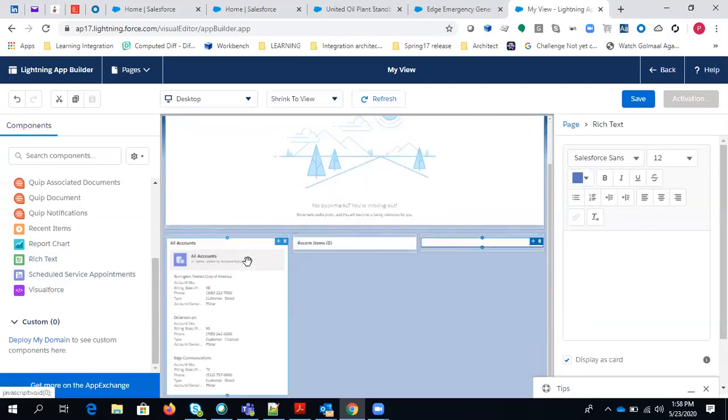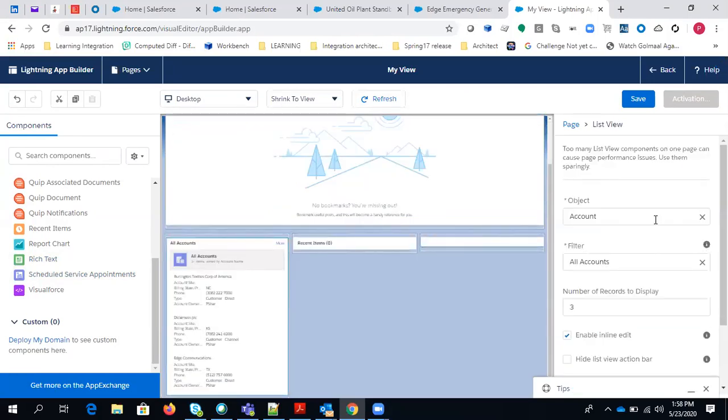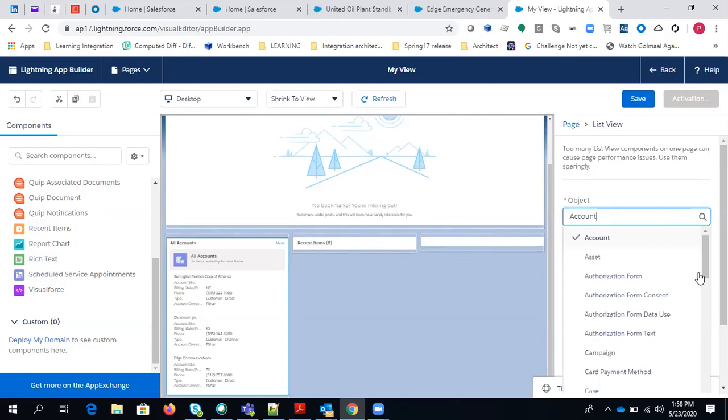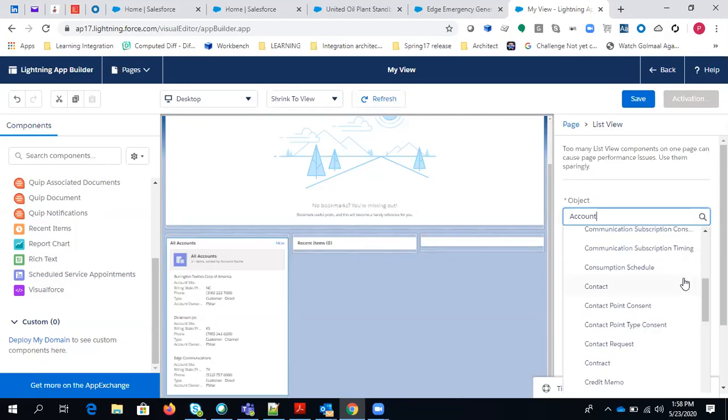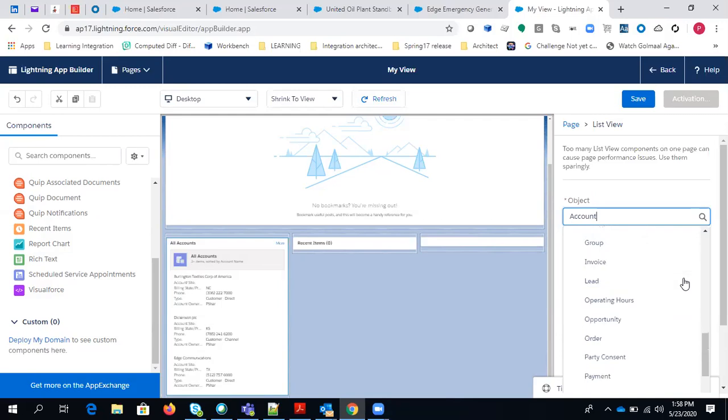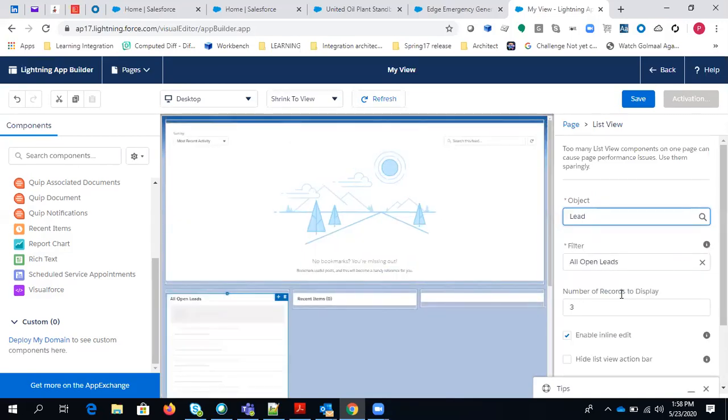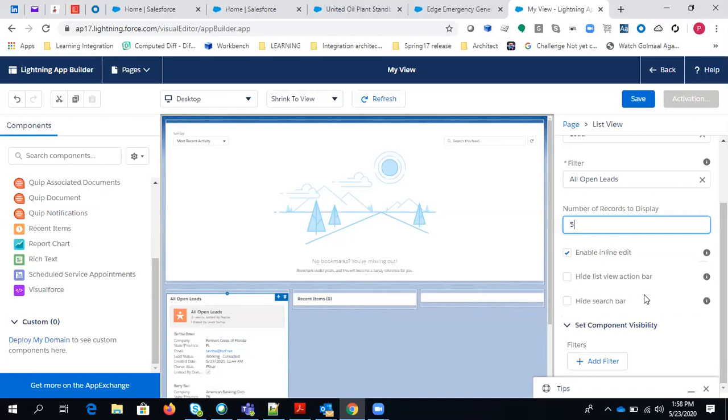Okay, so here in the list view, you can select, let's say, another object. Let's say right now I just want to show the lead information, and the number of records I just want to make it 5. Inline editing and all these options are always there, right?